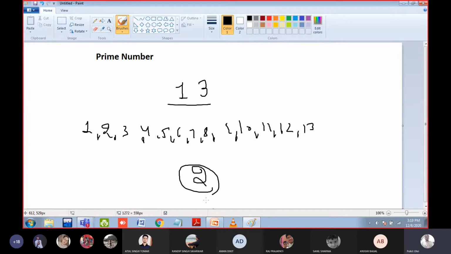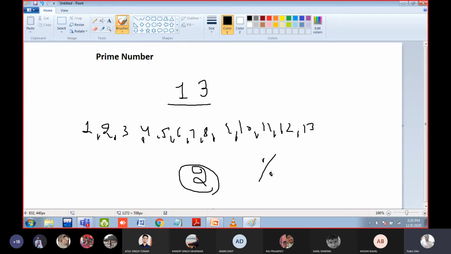For example, here it is divisible by only two numbers. Okay. How will I check whether a number is divisible by 13 or not? I will use the modulus operator. I think you all know the modulus operator. It means the remainder. Yes or no? For example, 4 modulus 2 is 0. 5 modulus 2 is not 0. It is 1. Yes or no?